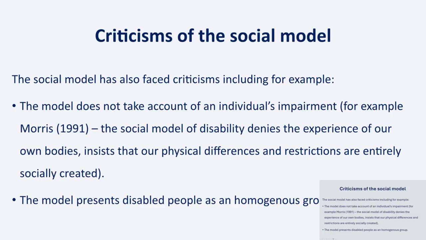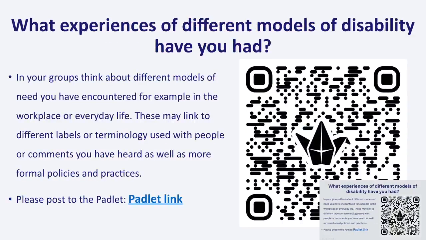Okay, there are still criticisms, so I think it's good that as a society we look at ourselves and what we do, but a key one is that it sees all people who are disabled or different in some way as being a homogenous group. So we treat all those autistic learners the same regardless of their individual needs.